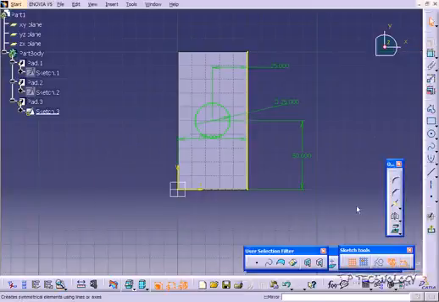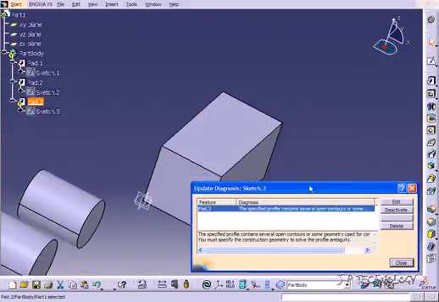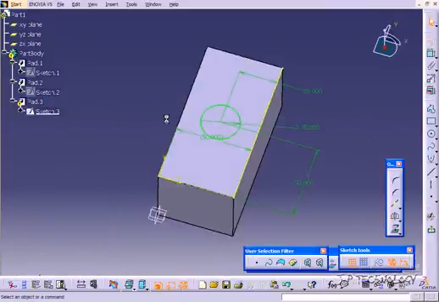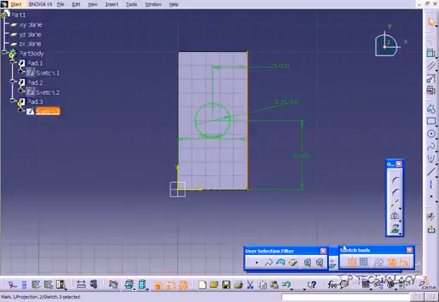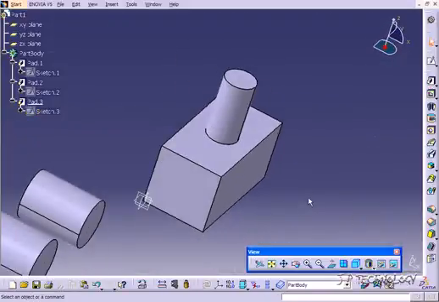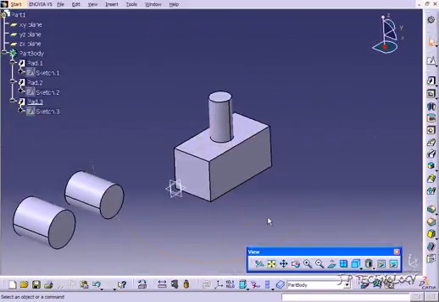Now let's just try to get out of there and let it rebuild, and it's going to show you an error. Now it showed you an error as there's open profiles. Now press close, we'll go back into that sketch, click that line, and we'll put it back to construction. Now when we go to rebuild it, it's going to come back up. So this is just to show you that you need to have these closed profiles to make these